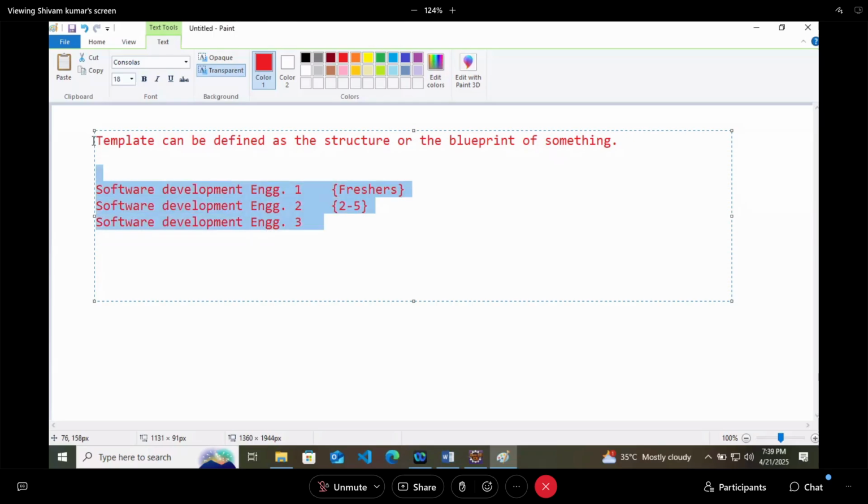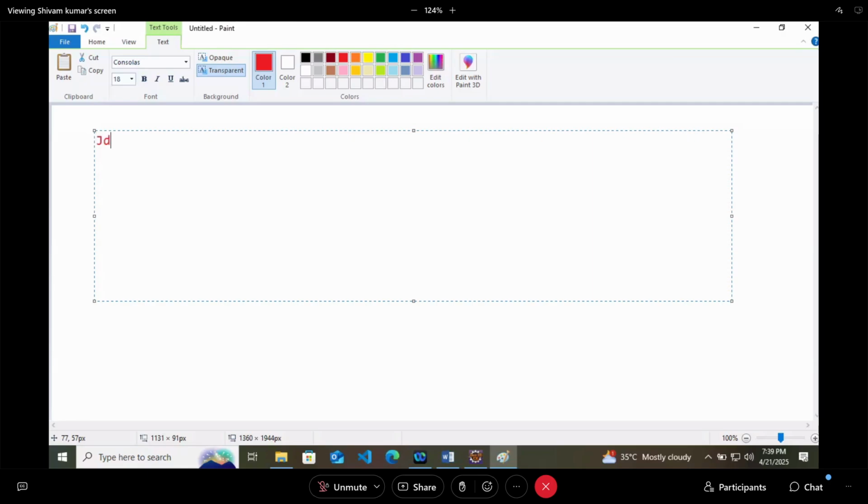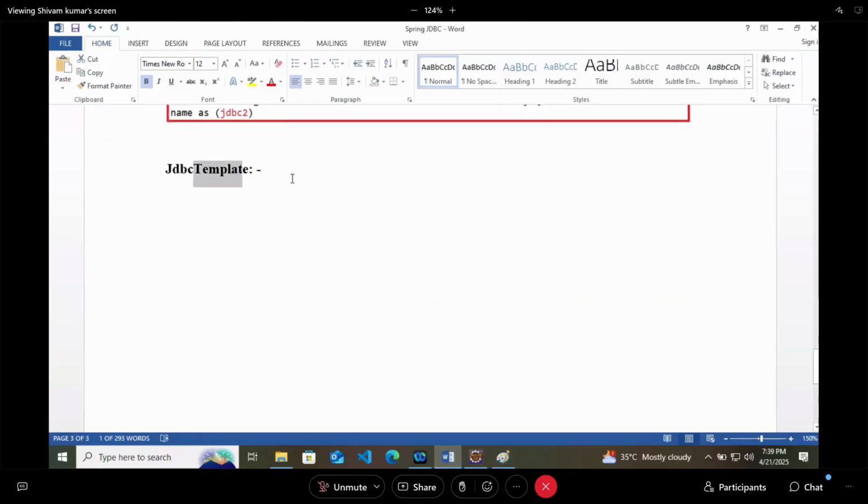Then what is JDBC template? So this JDBC template, I have already written that it is a helper class, but whose help will it do? So let's understand.